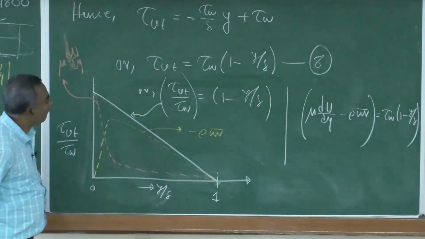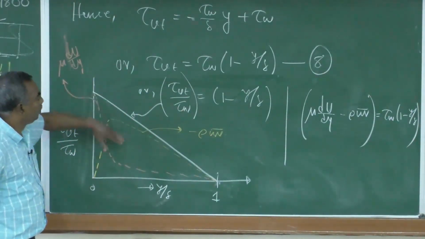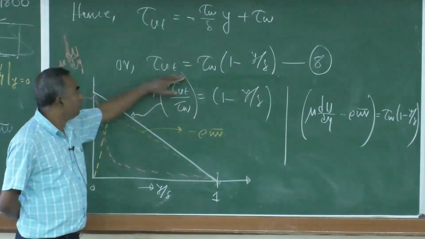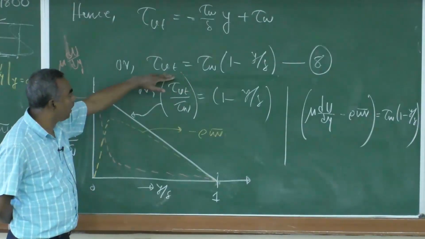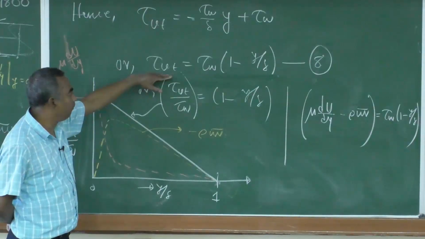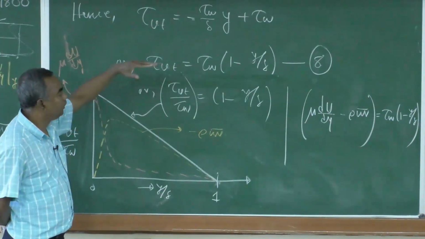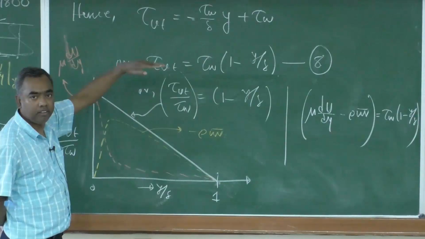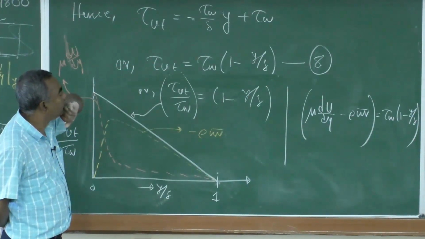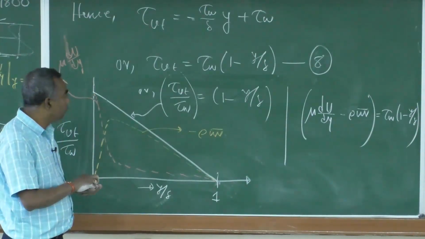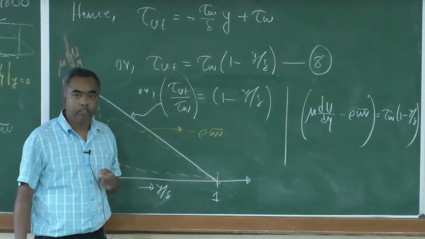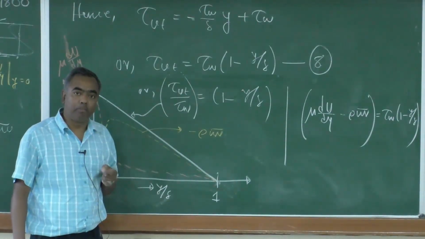So, the important point here is that the total shear stress is given by this particular expression. This is the variation of total shear stress inside the turbulent channel flow. Now, we are going to talk about the velocity profile in a turbulent channel flow, how the velocity profile is going to change. One thing needs to be pointed out here, as I mentioned, that the channel flow is going to be completely specified by